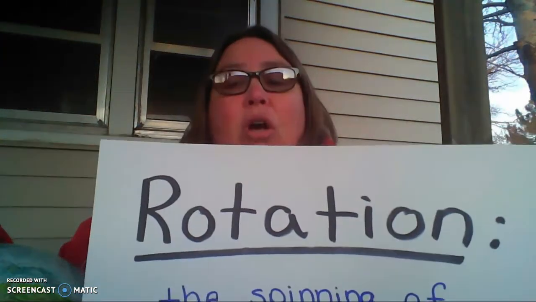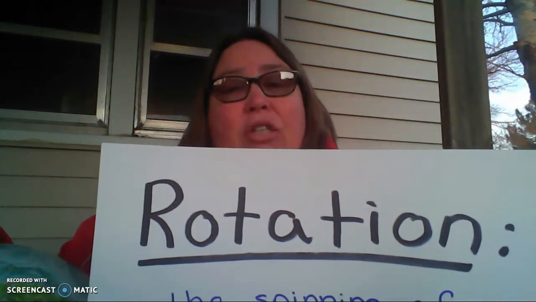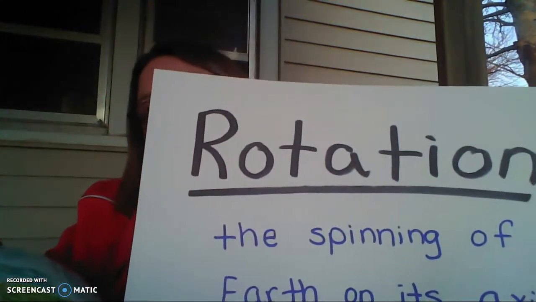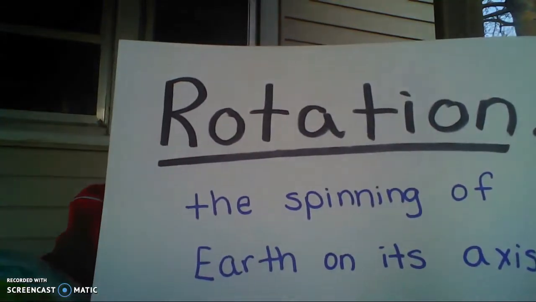Although Earth is moving rapidly throughout space, we do not feel the movements. Earth is making two kinds of movements. The first one is called rotation. Rotation is referencing the spinning of Earth on its axis. The spinning of Earth on its axis is actually what is going to be causing the days of our lives.